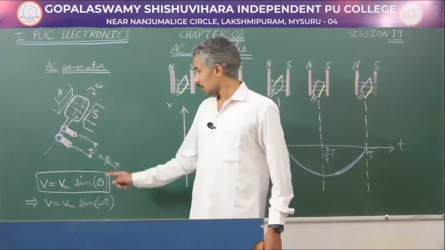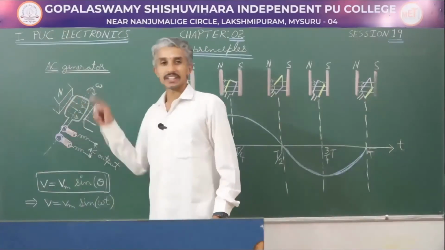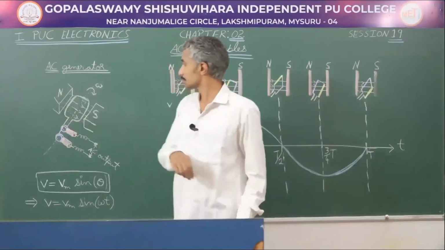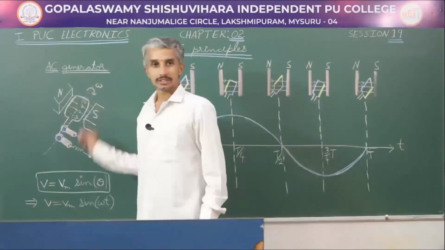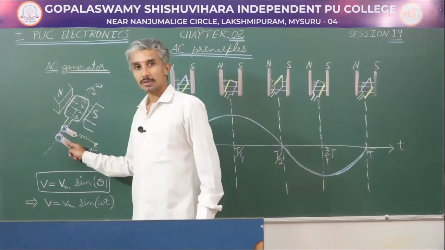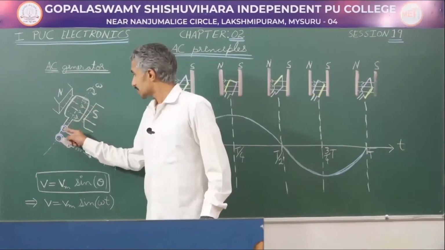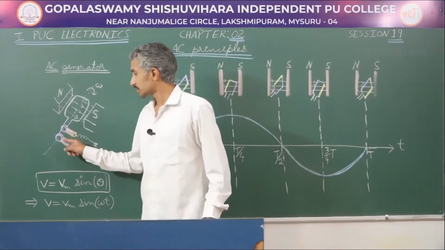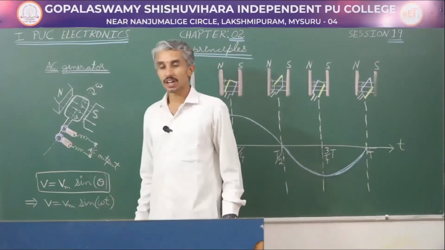And how do we get AC output? This coil rotates in a magnetic field. The magnetic field direction is from north to south. It rotates in a clockwise direction. As the coil rotates, the slip rings, we call them slip rings because they are in contact with the carbon brushes, but they do slip from the carbon brushes. So, as the coil rotates, an alternating current is generated across the slip rings. From the slip rings, it is connected to the carbon brushes, and we get the AC output.